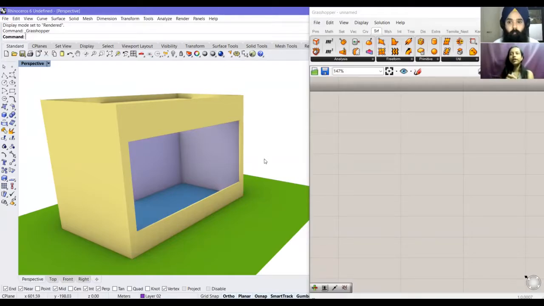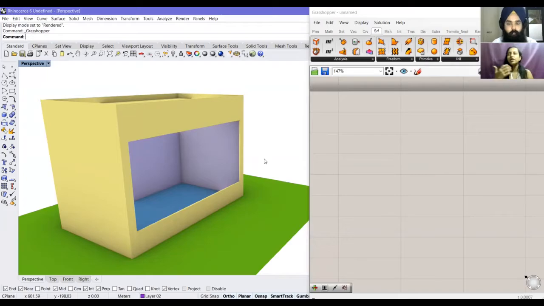More than it is technical, it's logical. So if you say that I have 10 points on one side and 10 other points on the other side, and I want to draw a line, you know that the line has a start point and an end point, and you have to join them. So when you think of it logically, that is how Grasshopper works.